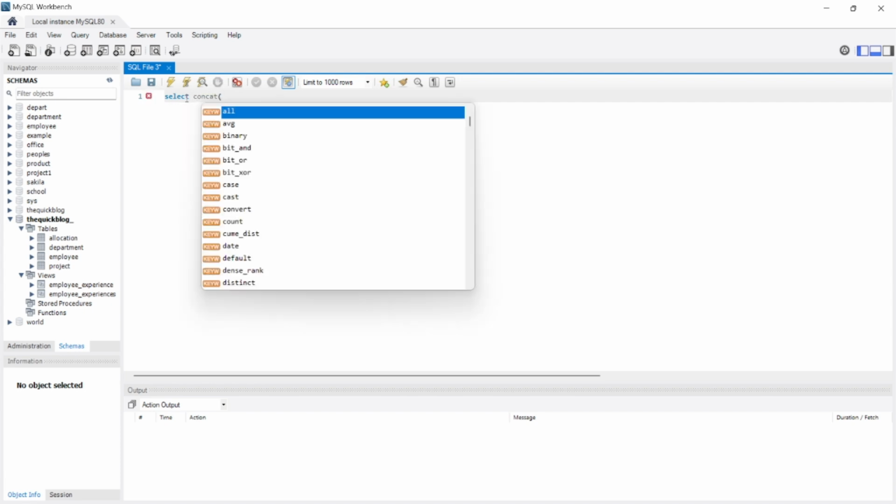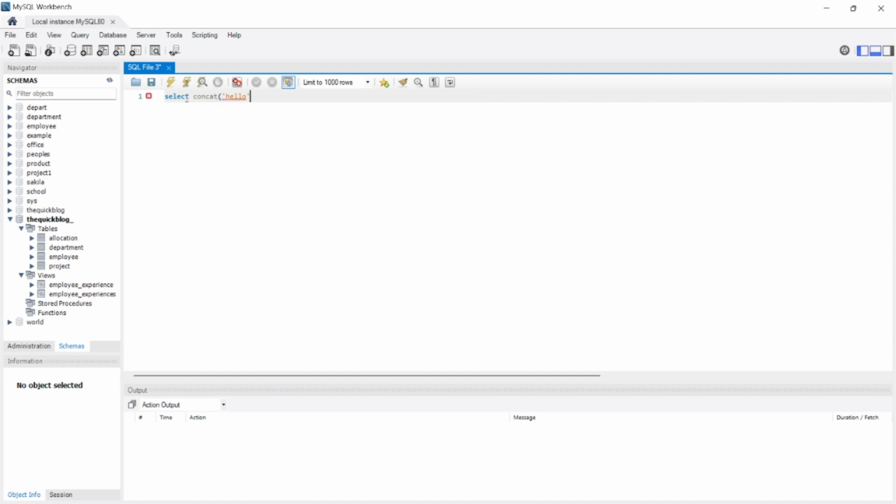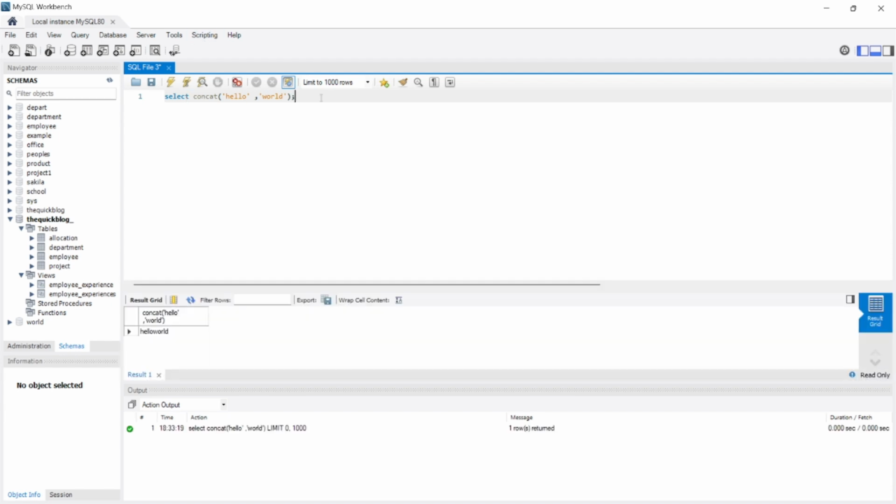Concat, suppose I'm going to concat the hello with a space, or we can directly do world also. This is the query, and the result is the added form, or the concatenated form, of hello and world. These two strings are separate strings, but after using the concatenate string function, we can merge those two words into a single string. Similarly, if we want to know the length of any string, like